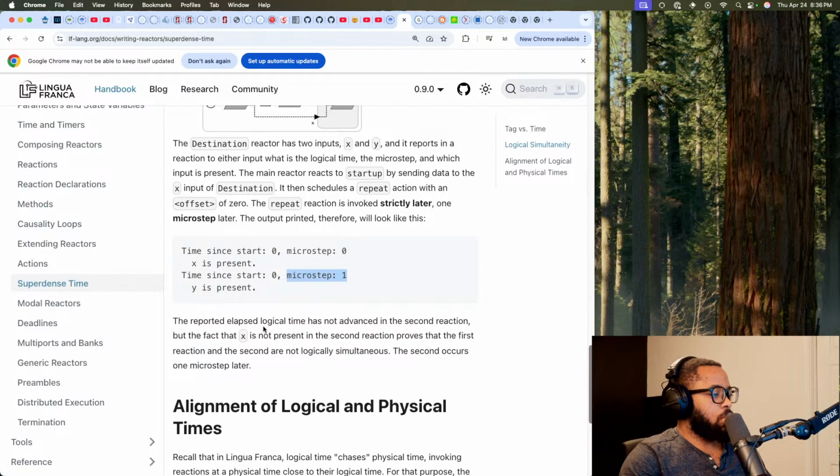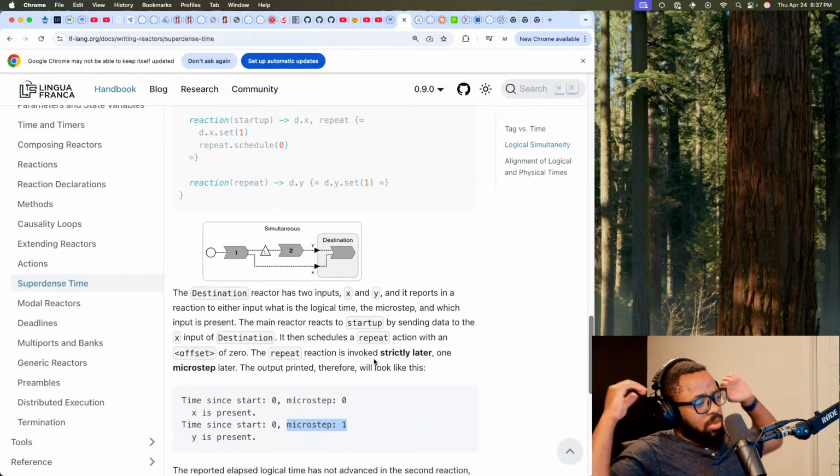So the reported elapsed logical time has not advanced in the second reaction, but the fact that X is not present in the second reaction proves that the first reaction and the second are not logically simultaneous. The second occurs one microstep later.